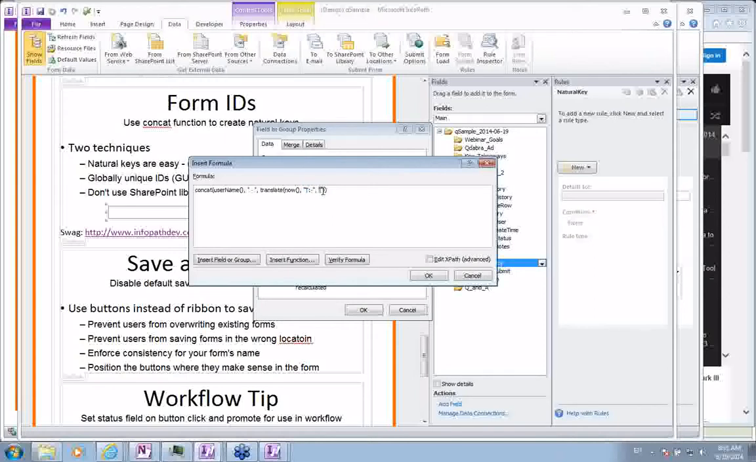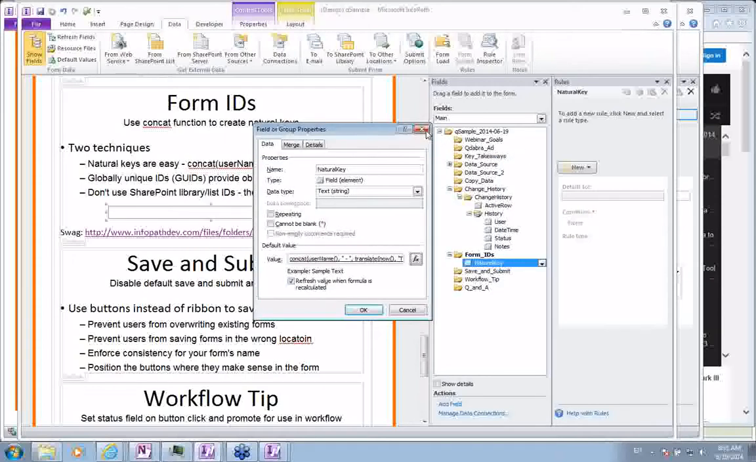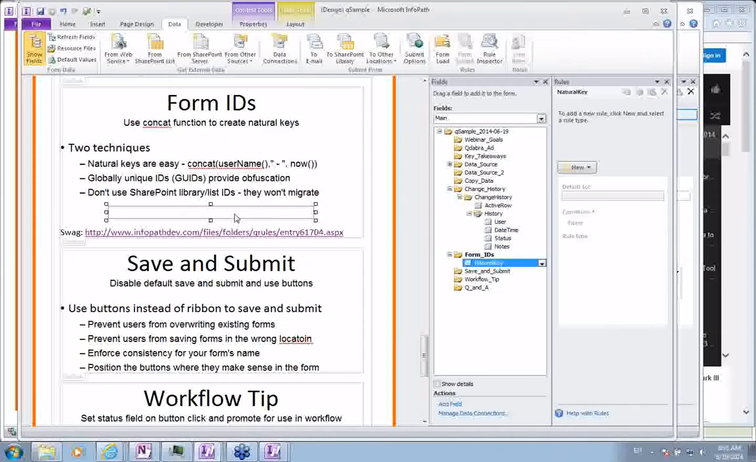That's what this second one is. And then it just removes it. And that gives us a nice ID for the form, which is relatively unique to the second, which is good enough for most people. Now, the other way you can do it is you can use a globally unique ID,